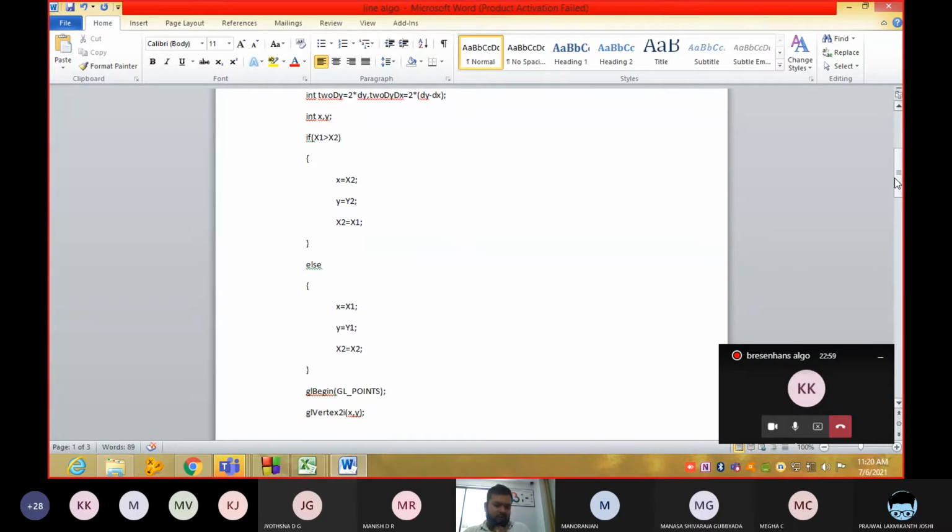If x1 is greater than x2, the current x value will be x2 and the current y value will be y2, and x2 will be x1 and y2 will be y1.